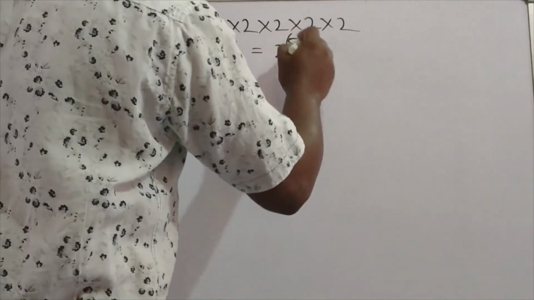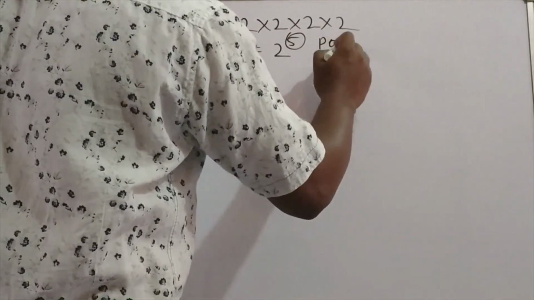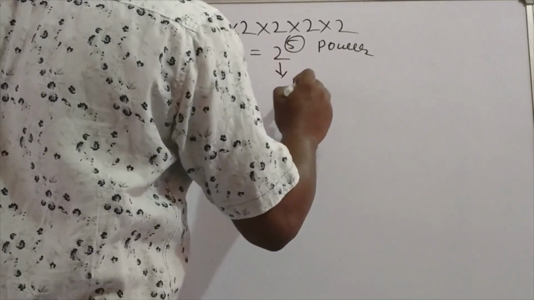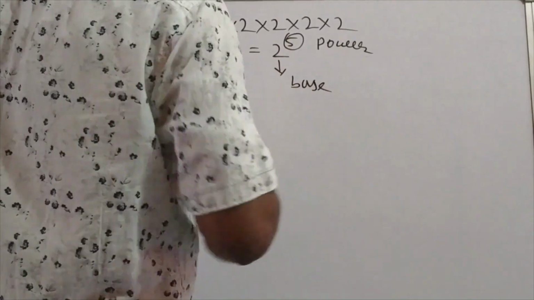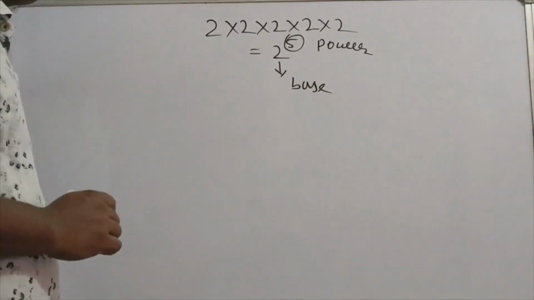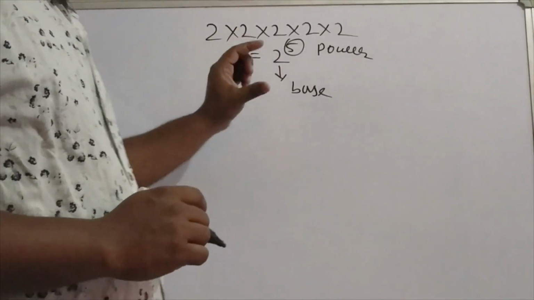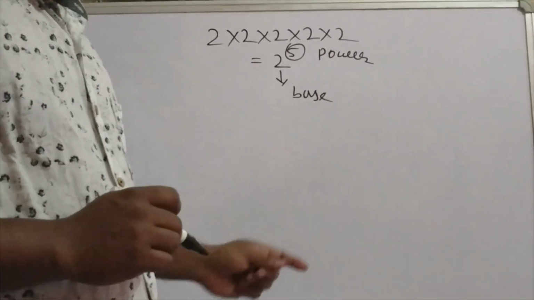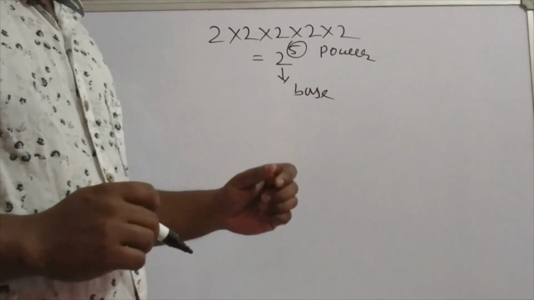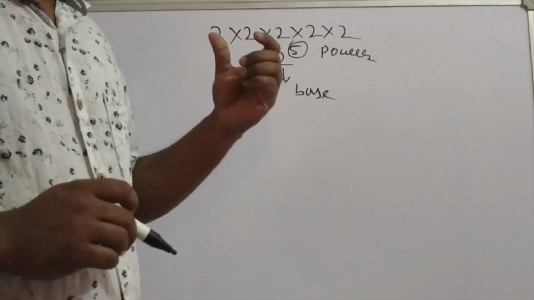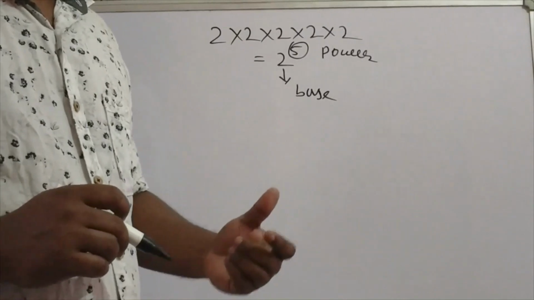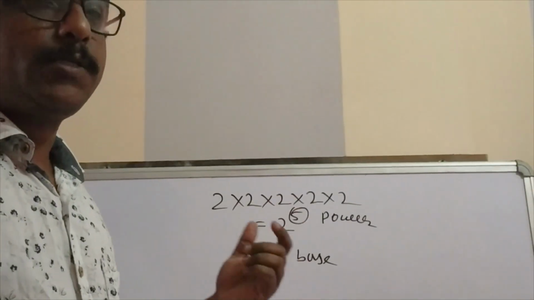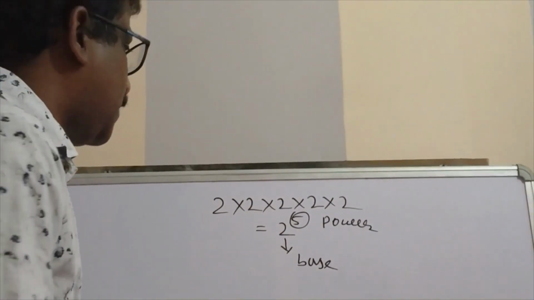Here 5 is called the power and 2 is called the base. So 5 is the power, 2 is the base. This is the fundamental things about exponent. Now I will explain to you some formulas related to this chapter which are very important, not required to be remembered. Just to understand it, the concept should be clear so that you can do any types of problem exponent will come, you can do. So first you understand the formulas I am explaining to you.